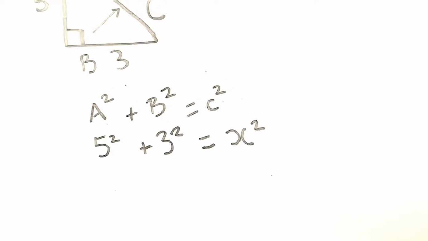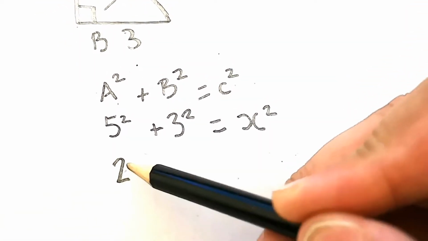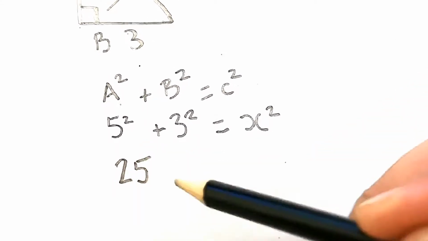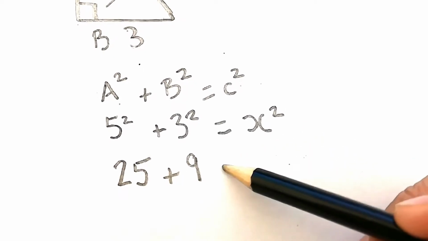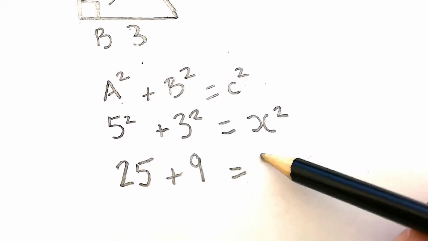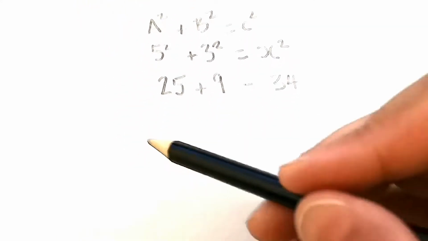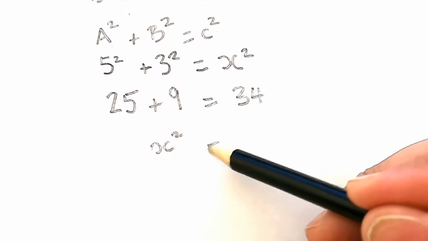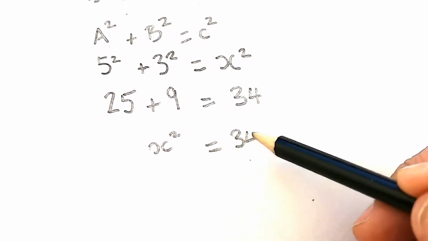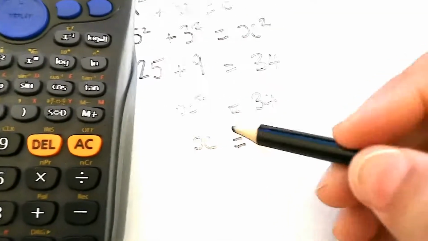Okay, so now let's just calculate that. So 5 squared is 25, 3 squared is 9. If you add those together, you get 34. So x squared is equal to 34. And that means x equals, you could just write root 34 if you want to,